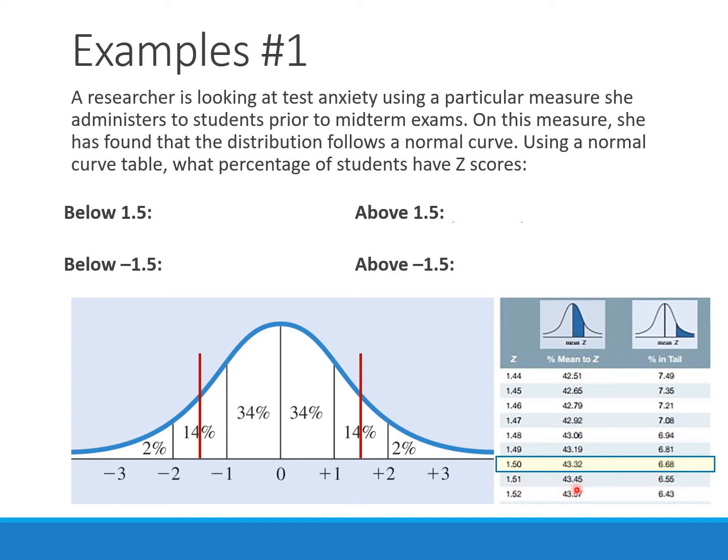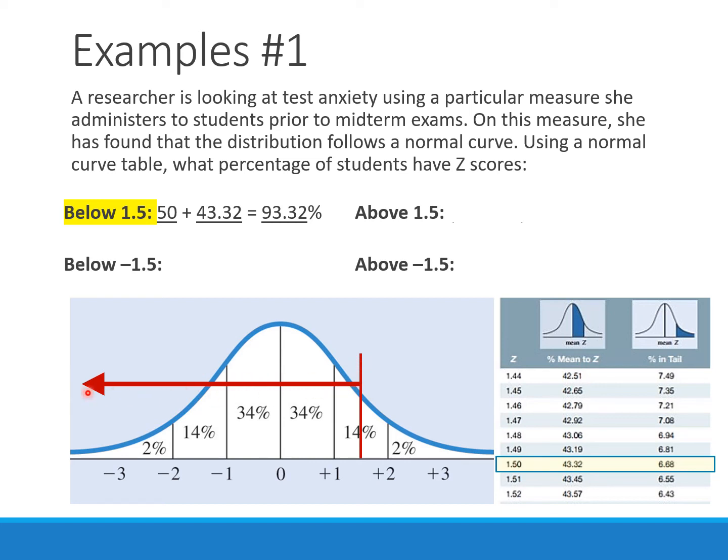So we have the percent mean to z and the percent in the tail. And each one of these is going to give us a different kind of answer. Let's look at each one in turn. For below 1.5, we have a very large group. So if we are looking at the percentage of students who have z-scores below 1.5, this is a large group